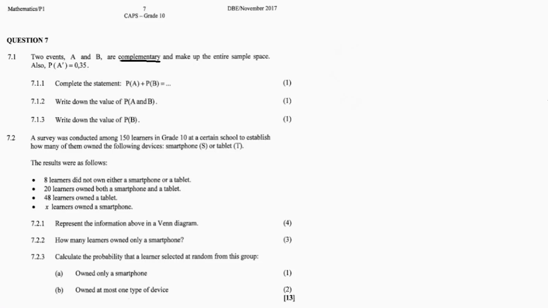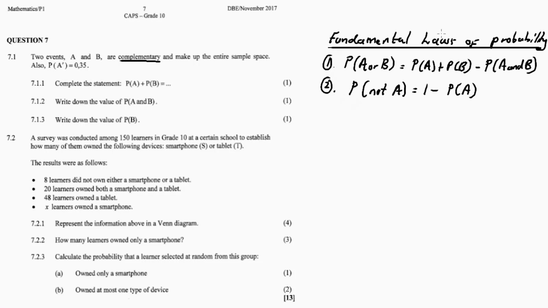In 7.1, we are given two events, A and B, that are complementary and make up the entire sample space, and also the probability of not A is equal to 0.35. Then there are follow-up questions from 7.1.1 to 7.1.3. Now before I answer question 7.1, just a reminder that we have something called fundamental